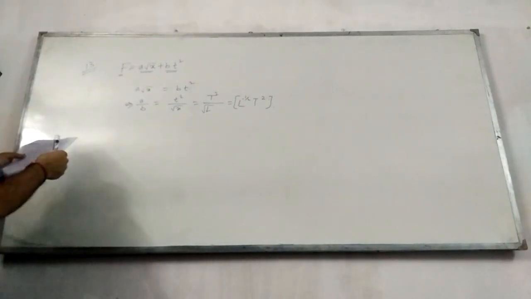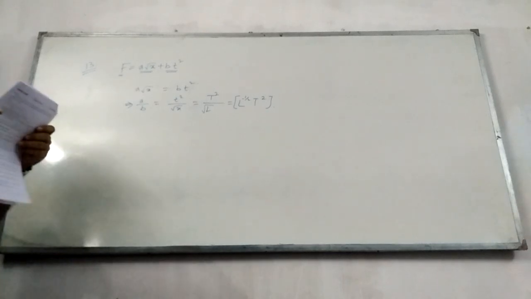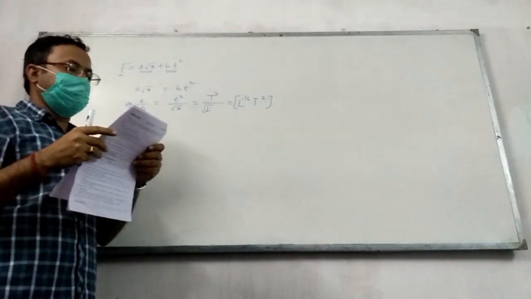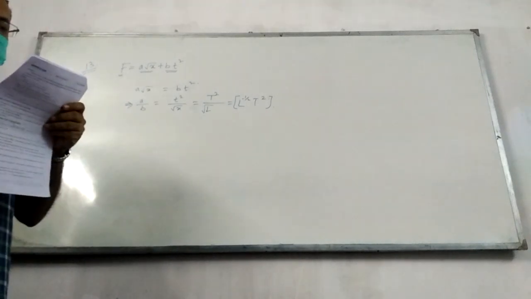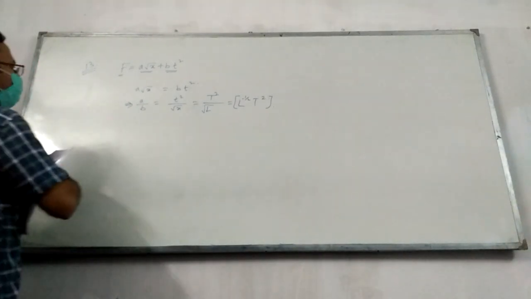Question 14 says that an artificial satellite of mass m is revolving in a circular orbit of a planet of mass M and radius R. Justify using the method of dimensions that the time period of the satellite should be as given. You just need to find the dimension of